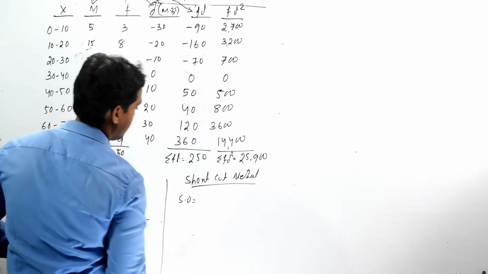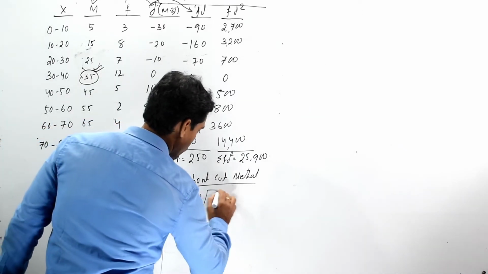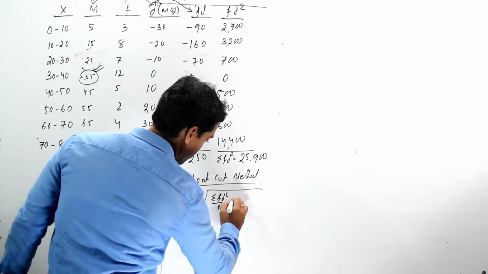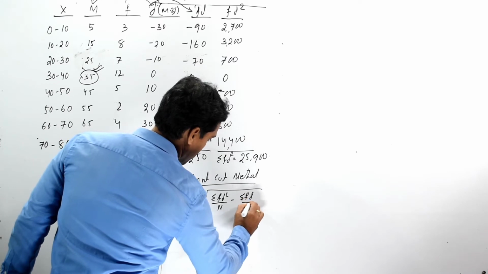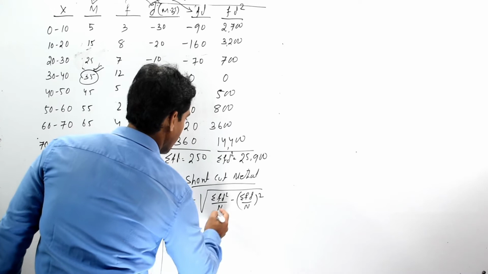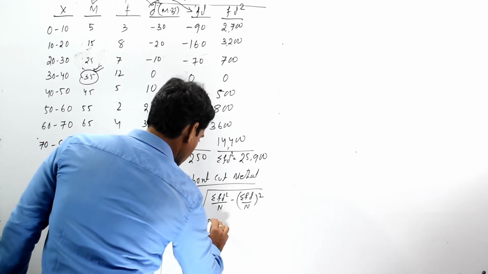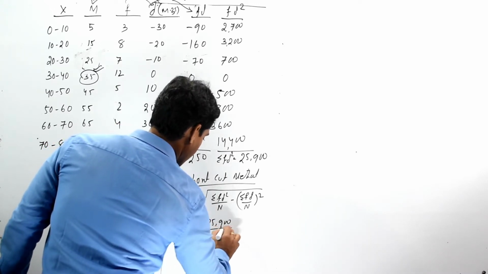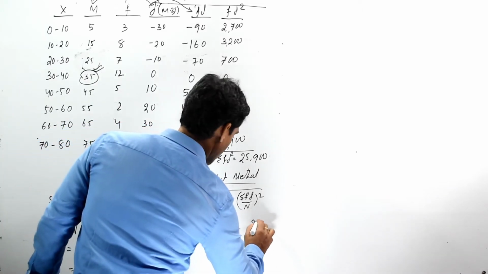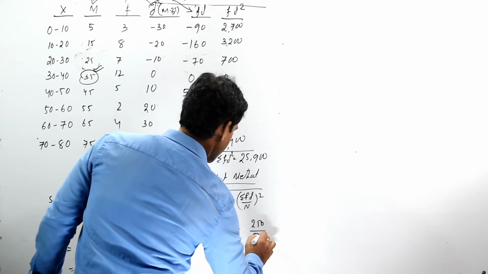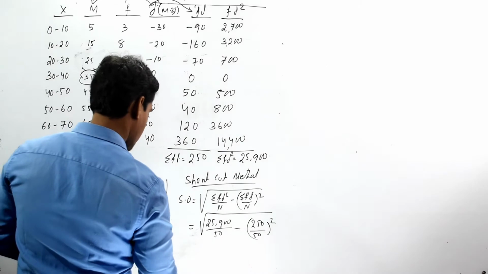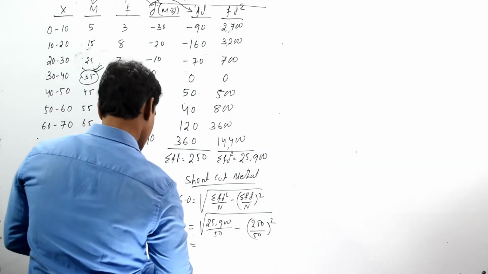SD, or standard deviation, equals the whole root of summation FD square by n minus summation FD by n's whole square. So now putting the values, that is 25,900 divided by 50 minus 250 by 50's whole square, whole root over. So now simplifying,